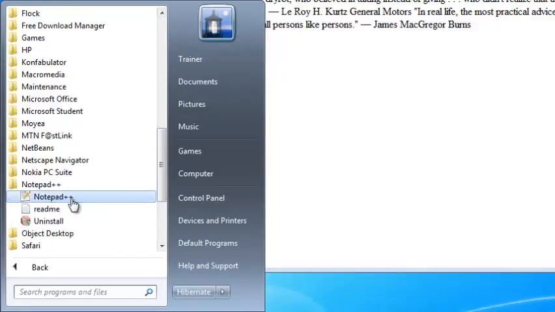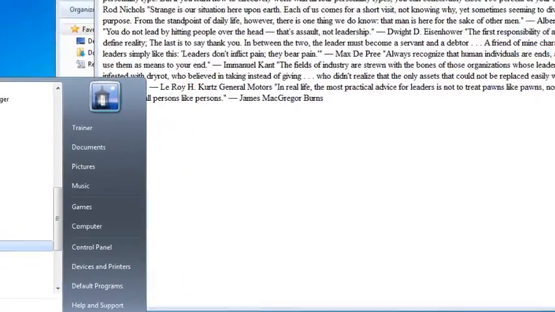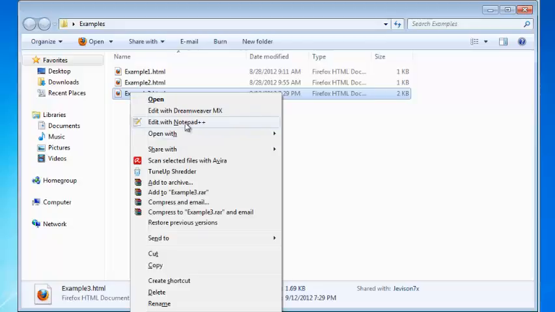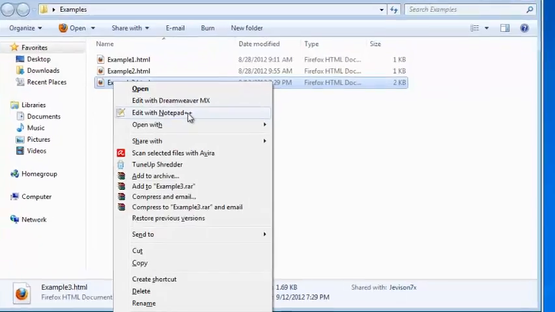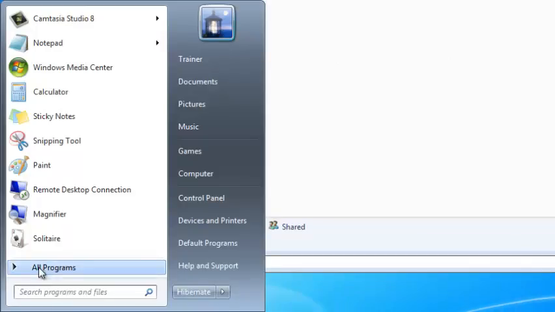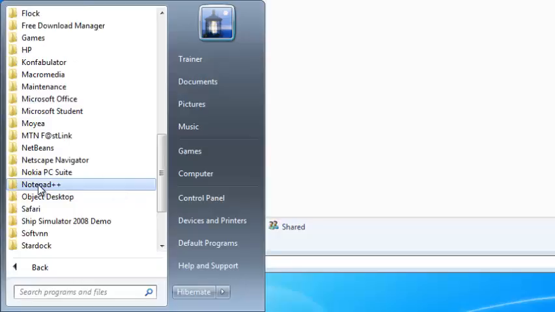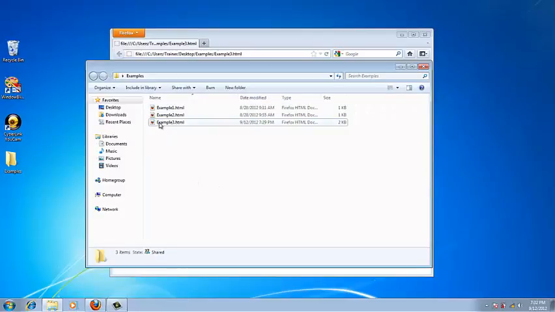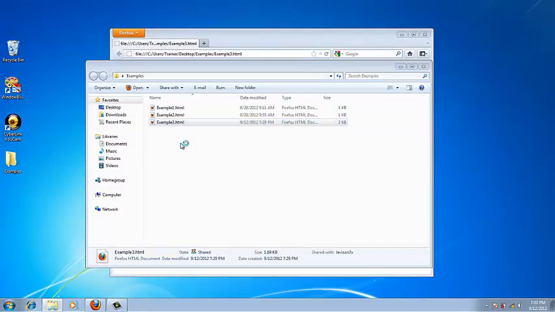You can open Notepad++ from here, but once you install Notepad++, you can right click on any HTML document and you can see this menu item, edit with Notepad++, on the menu that comes out when you right click on the HTML document. This is the usual way I like to open an HTML document. Again, I right click on that, then I click edit with Notepad++, but you can always open the Notepad++ application by going to your start menu and selecting Notepad++. Whichever way is preferable to you. I'm going to do this. So here comes Notepad++,